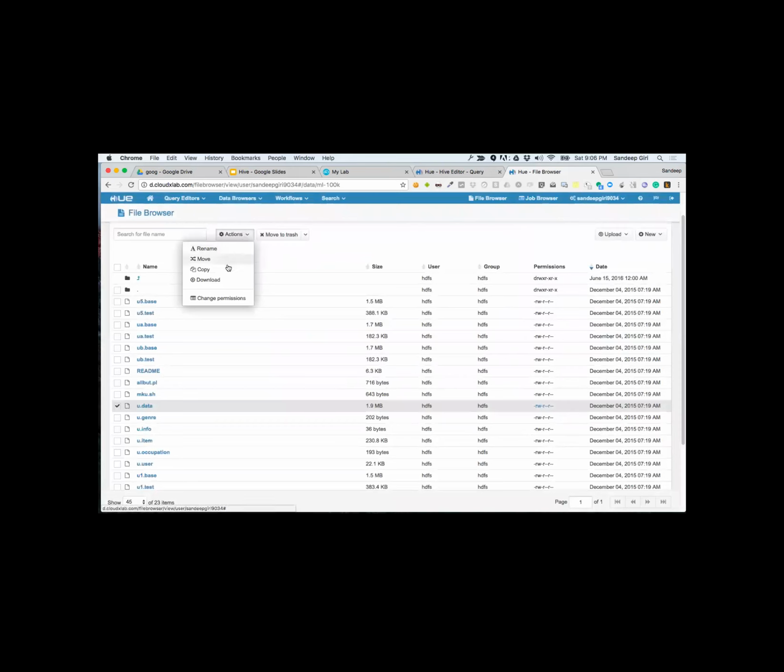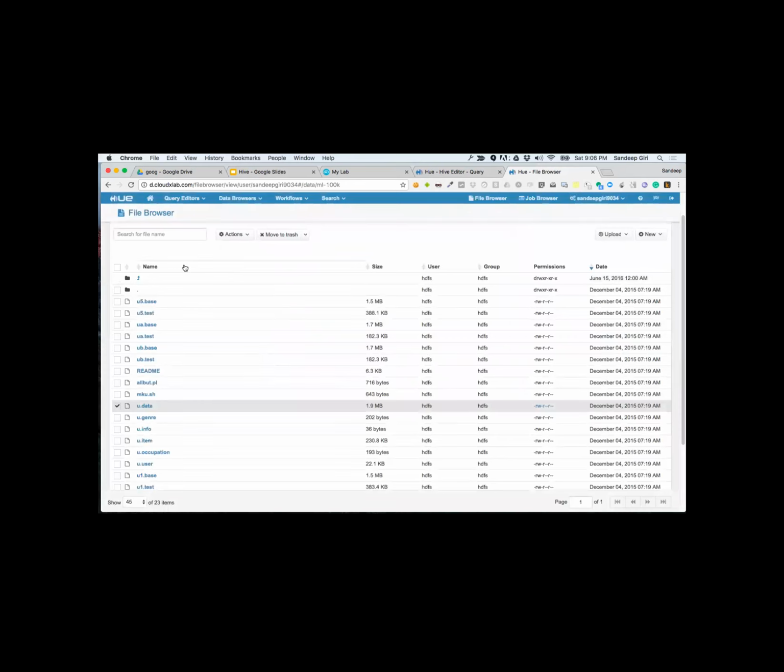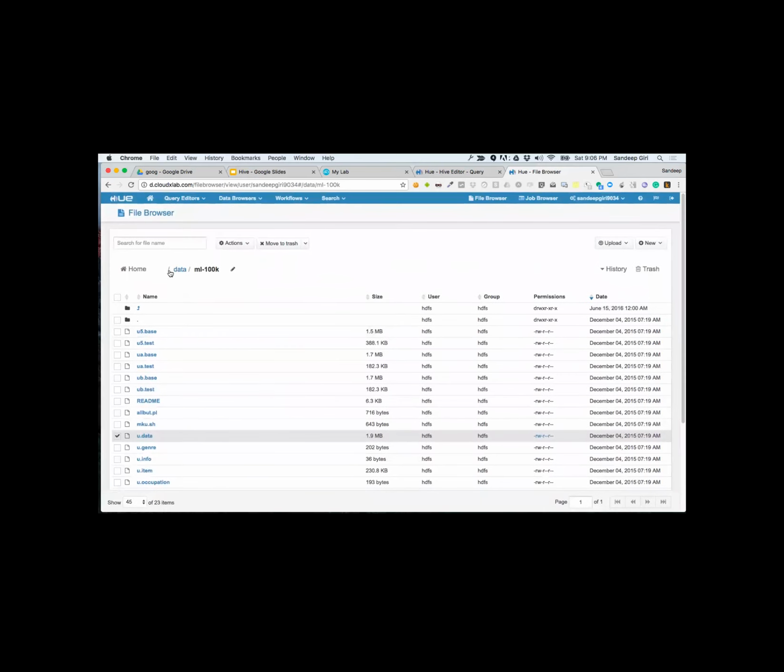Sorry, not move, copy. Extremely sorry. The data folder is in this location, /data/ML100K. Go to the top level.